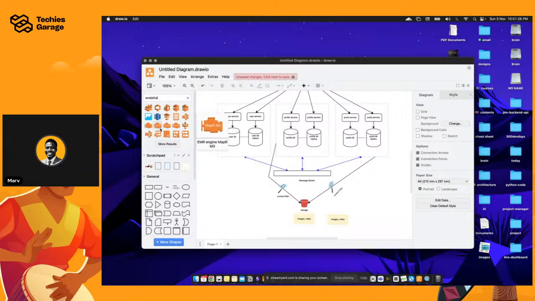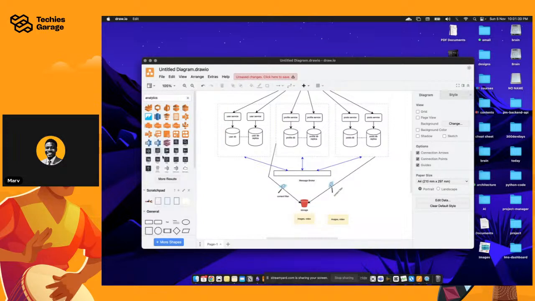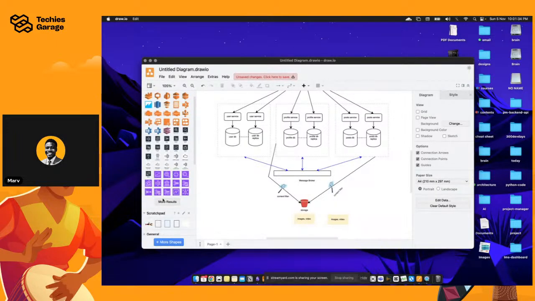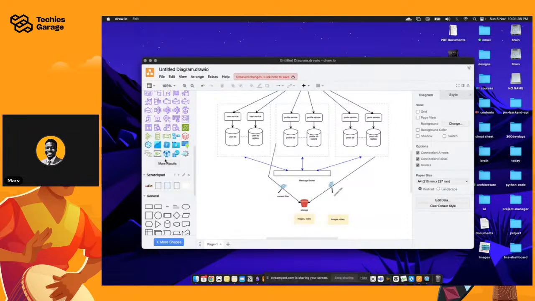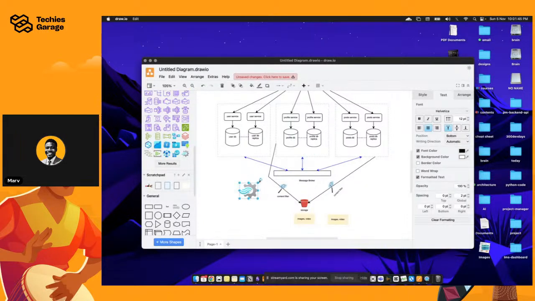Of course, I don't want to use specific services here. I can't really get specific icons that I might love to use, which is why we have this stream analytics job. I think this can actually work, even though this is coming from Azure. We are not really referring to using Azure services exactly, right?